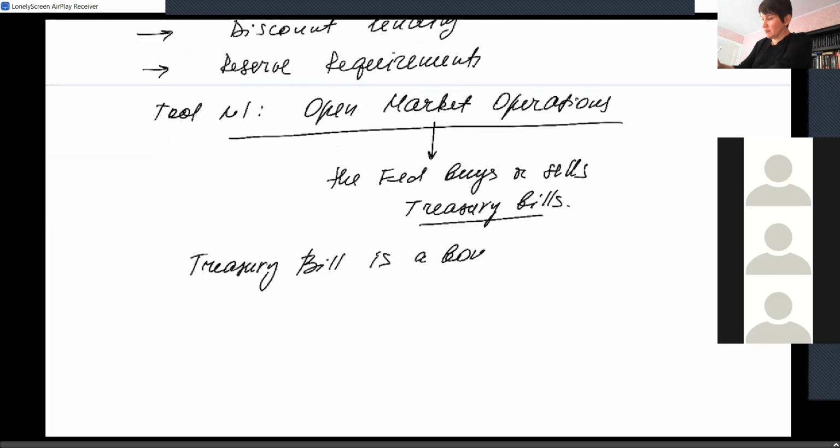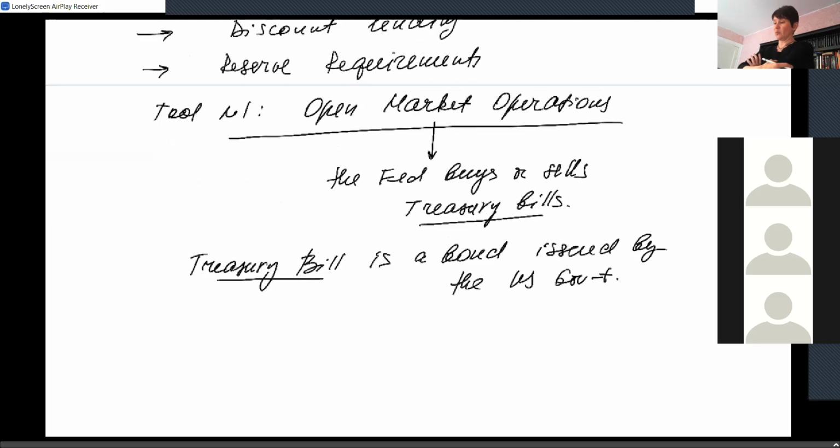is a bond issued by the US government. Okay, a treasury bill is a promissory note, or a bond, if you will. You buy a treasury bill, you give your money to the government. A treasury bill is a bond with an expiration time in 3, 6, 9, and 12 months. By the time that bill expires, you get $1,000 from the government. Why would the government do that? To raise money. That's how the government borrows the money, okay?